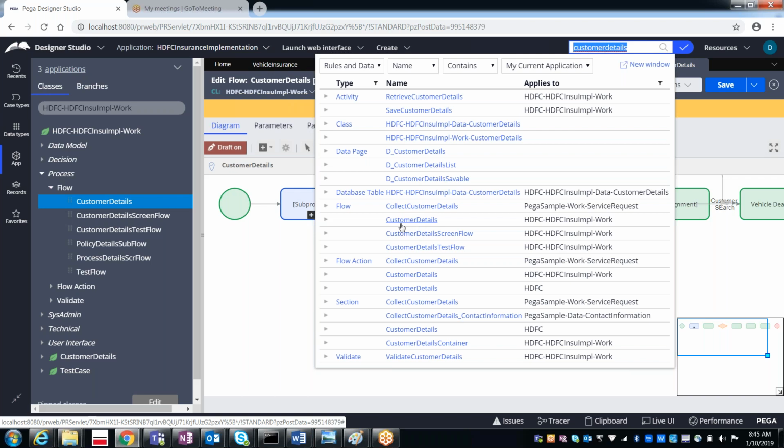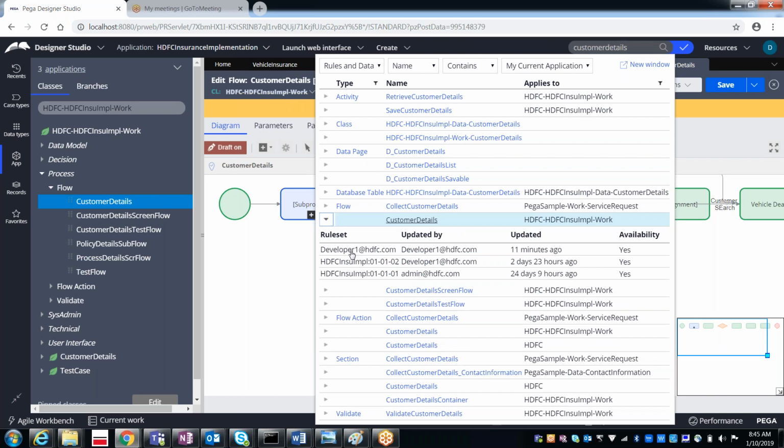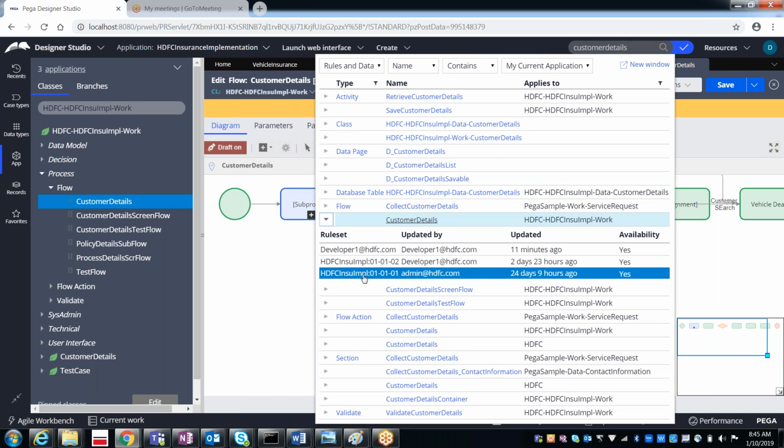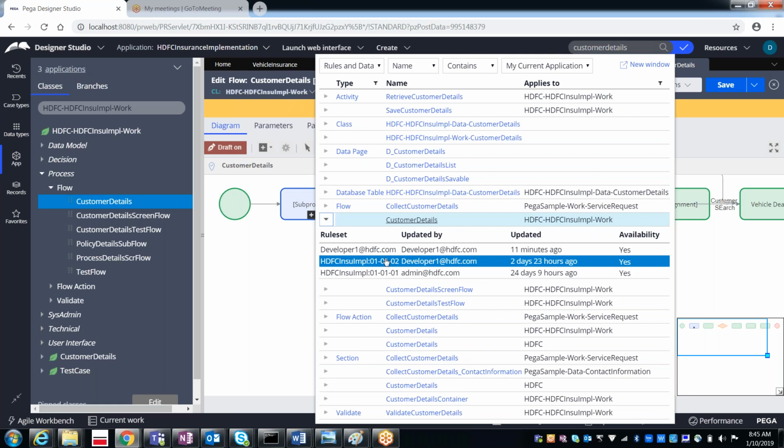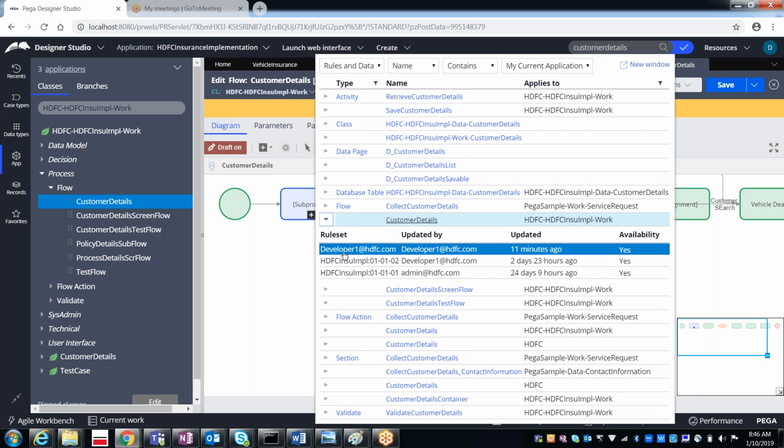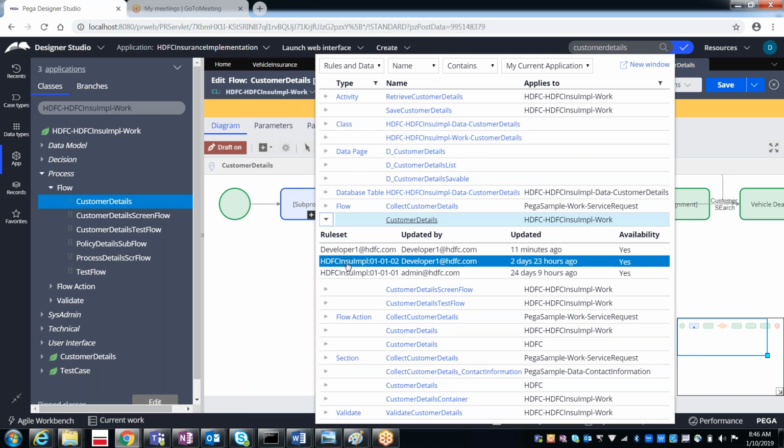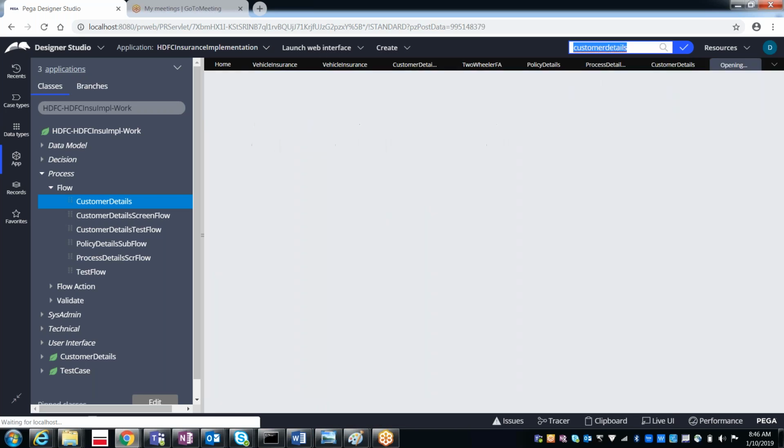But if you want to take it from the lower version, I think I already explained, we have something called "press enter to expand row". Once you expand this, you will again be seeing all the versions. See, it's there in the 010101, it's there in the 010102, and it also has a checked out version. That means by doing the checkout, I did these many changes. So even if you want to see the 010102, you can click on this.